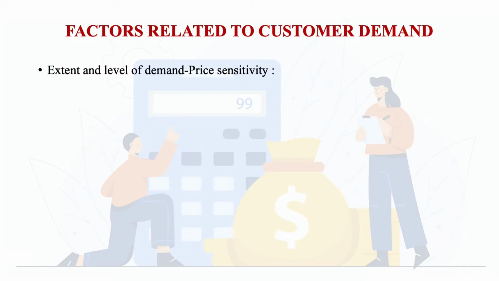So, let us look at different types of determinants. Let us first talk about determinants that are related to consumer demand. We need to have an idea what is the extent of demand of this product. How many people actually want this product and are active consumers of that product. You may have a certain degree of pricing freedom if there is a large number of people looking for your kind of product. The other factor that modifies this variable a little is what is the level of price sensitivity.